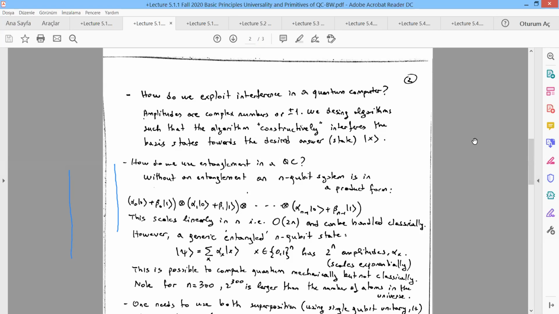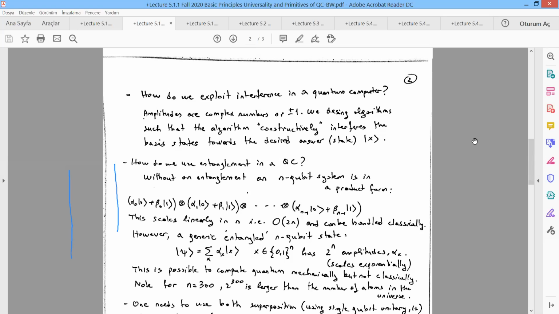Another point is, we mentioned quantum computers. They exploit certain properties of quantum systems that are specific to quantum systems alone. They are not available in classical computation. And one of them was interference. Interference is,